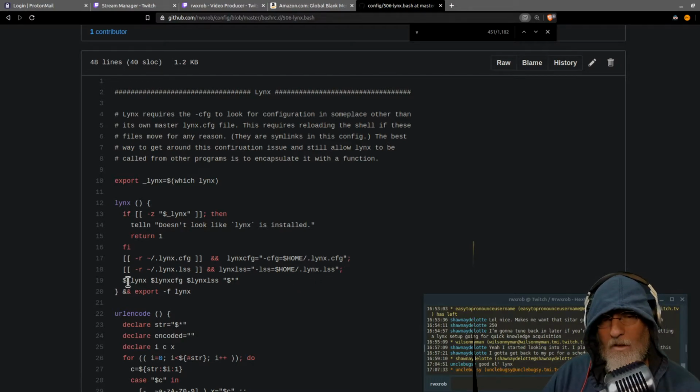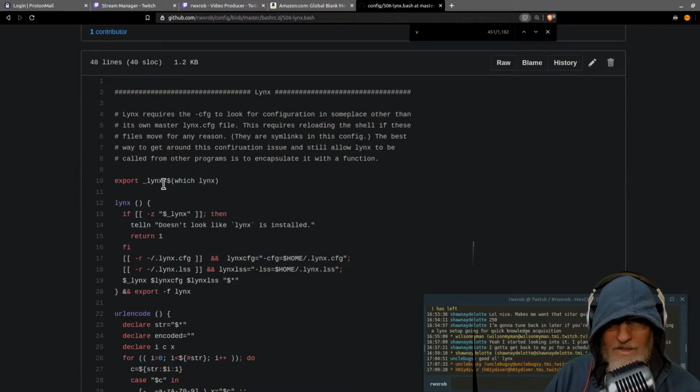And then the final thing we do is we actually call it. So my underscore Lynx environment variable contains the full path to the true Lynx program. And so when we run it that way, this is the same thing as if I had run the full path to the binary. And that then tacks on to the command line the full path using the -cfg argument to Lynx, which says use this configuration file instead of the one from the system. And unfortunately, Lynx will not identify or look into your home directory without you doing that because of the reasons I earlier described. So now we have